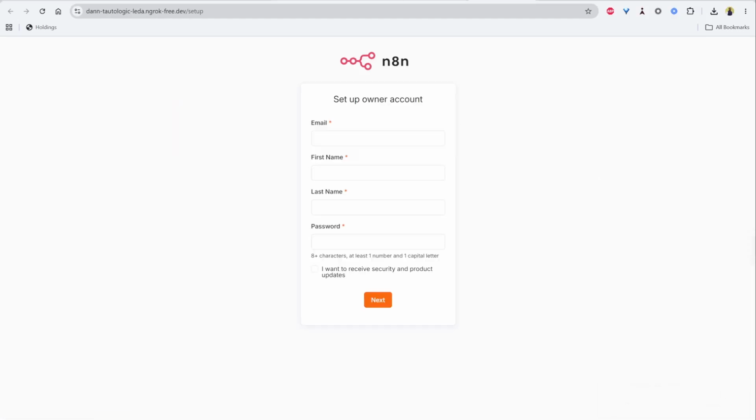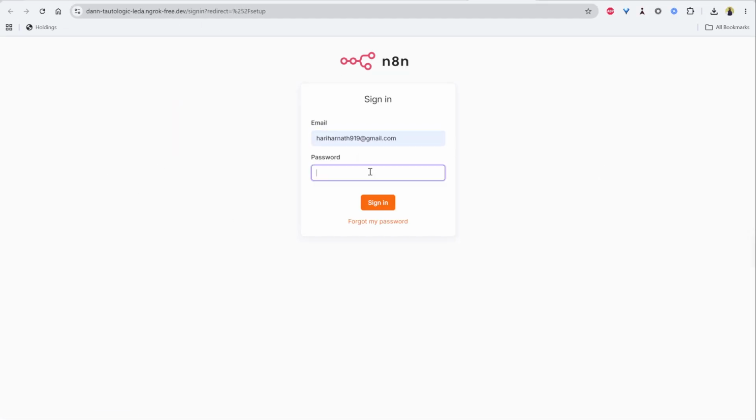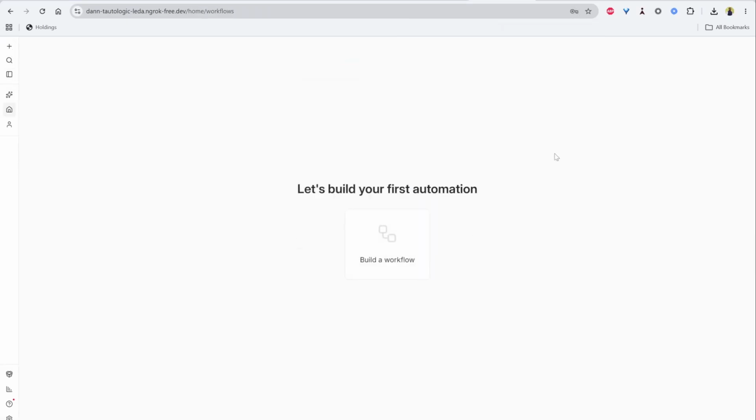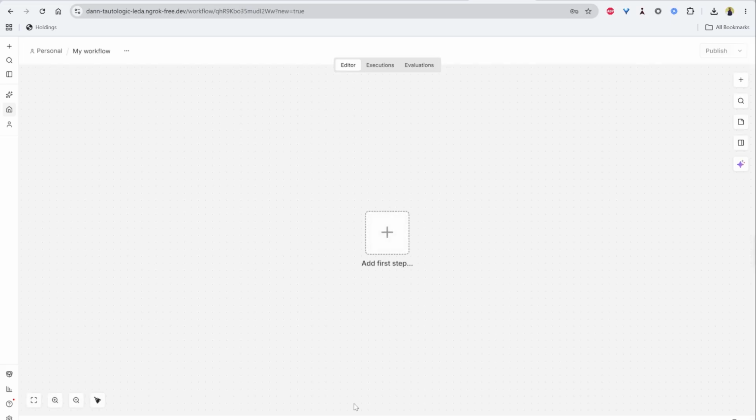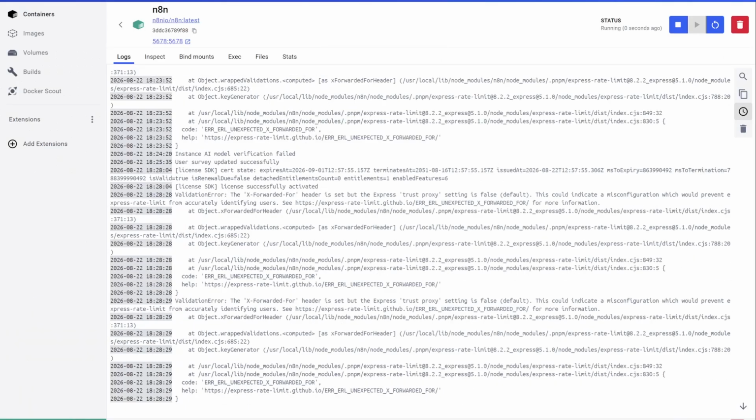The same way I can see from the Ngrok, and here I just need to provide username and password. And here also you can see the same thing got activated, and you can see you can build a workflow. So this local Docker setup is perfect for learning and testing. But if you are planning to run workflows that need to stay active 24/7 in production, then it is better to host this N8N on N8N cloud or a cloud VM like EC2 instance, since your laptop obviously isn't staying